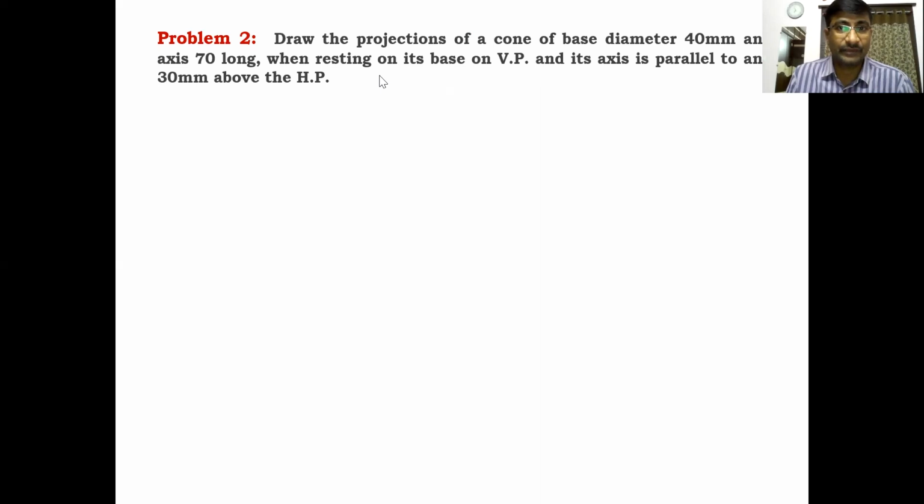Whenever the axis is perpendicular to VP, you have to draw the front view first, and whenever the axis is perpendicular to the HP, you have to draw the top view first. In previous case, we drawn top view, that is below XY, the pentagonal pyramid, because the axis is perpendicular to the HP in that case. But here, whenever the base is touches with the VP, the axis is perpendicular to VP. Axis makes 90 degrees with VP. Therefore, you have to draw the front view first. Let us start. Draw the XY line.